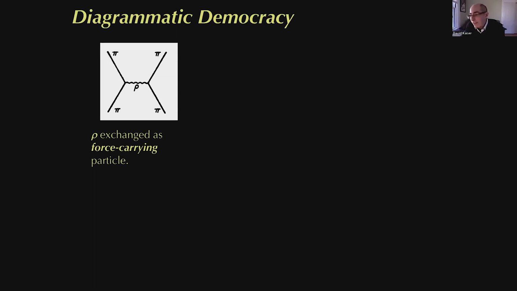So why does he think these Feynman diagrams might be the way forward? What does he want to do with them in this new so-called democracy? Well, he says that the diagrams seem to hold more content than quantum field theory. So let's see where the diagrams themselves will lead us. In this orientation of a simple-looking Feynman diagram, this rho meson, which had actually just been identified by some of his experimentalist colleagues not long before, shows two pions exchanging a rho meson. So the rho is a kind of force carrier, much like a virtual photon would be a force carrier in a QED diagram.